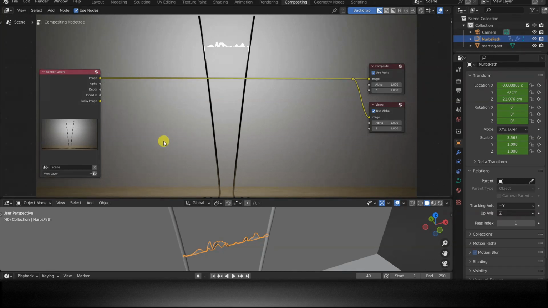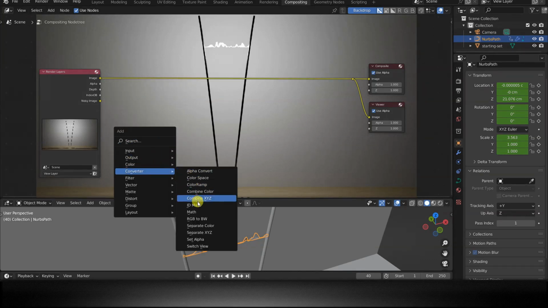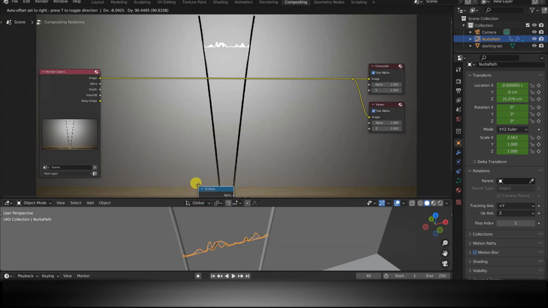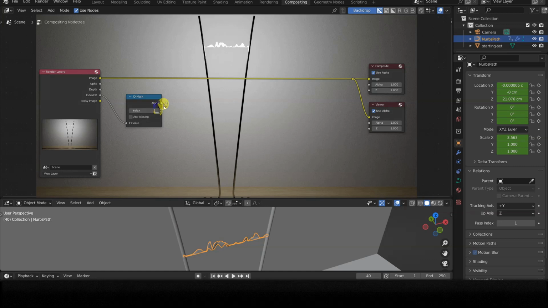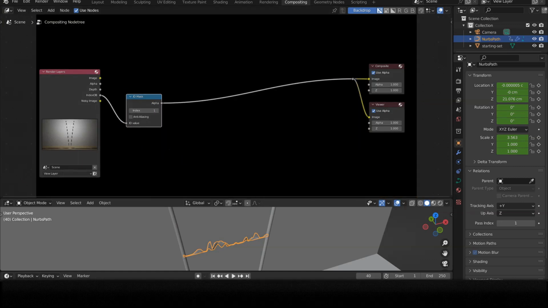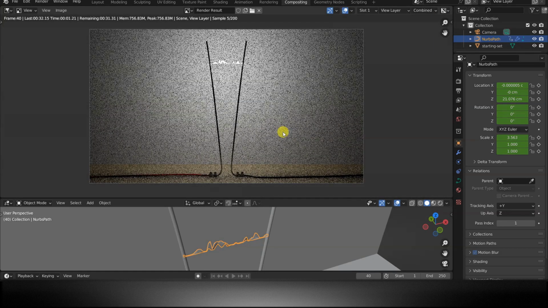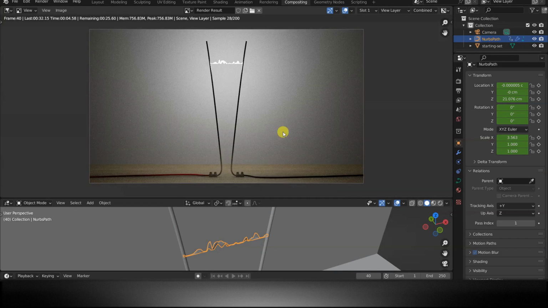To isolate only the path object in the entire rendering, we need to connect IndexOB to a Converter ID mask node and set the same numeric value in the index field of this new node that we provided earlier to the path object. We will then have to connect the output of ID mask to reroute. Since we modified the pass index of path and made IndexOB available after the first rendering, to see this information in compositing we will need to perform a new render of the scene. Let's do it.